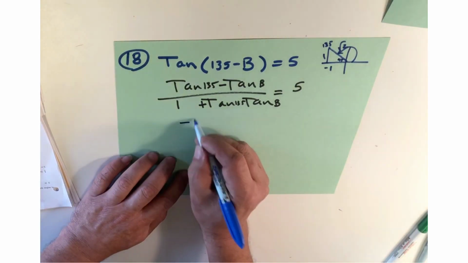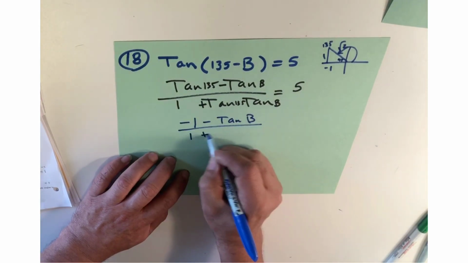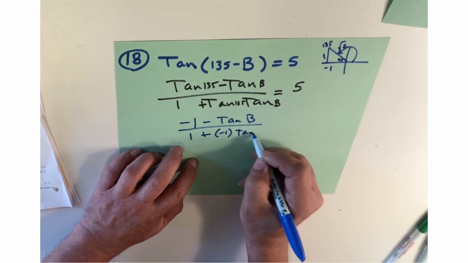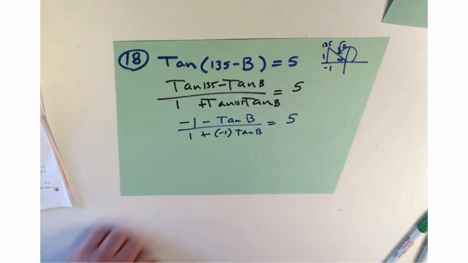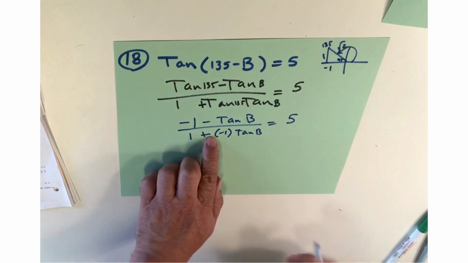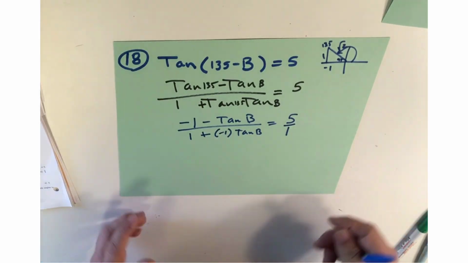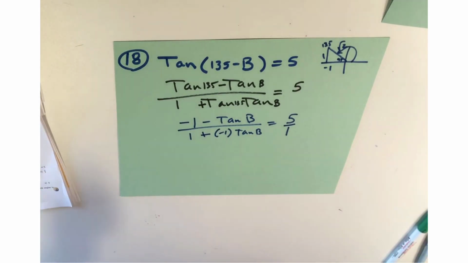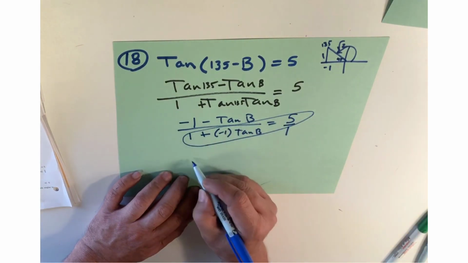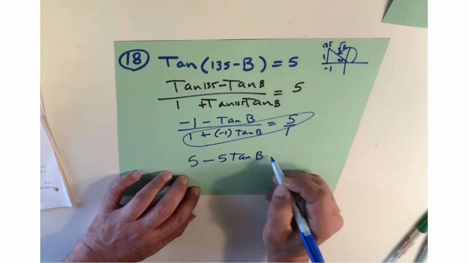So this is negative 1 minus the tangent of b all over 1 plus tangent of 135, which is negative 1, and then tangent of b is equal to 5. But remember that a plus and a minus, this is really a negative here, right? And one more hint, I'm going to put a little 1 right there so I can cross multiply, right? Alrighty, so let's go do the math. If I cross multiply this way, you'll end up with 5 minus, because this is a minus, 5 tangent of b is equal to